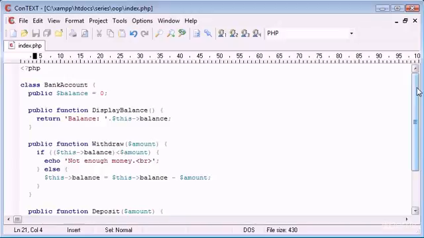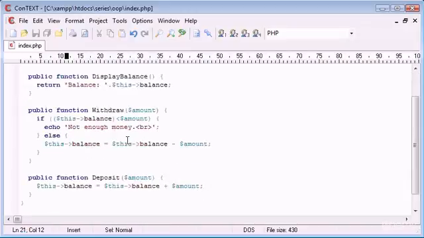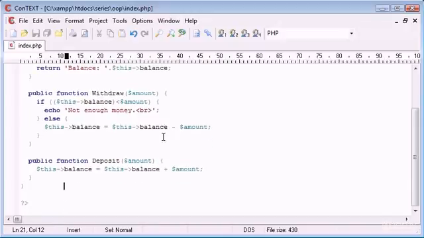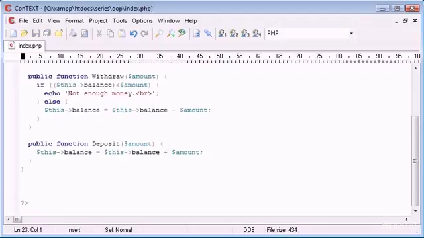And we simply have a class bank account. I'll just walk you through it. We've got a class called bank account. We've got a property called balance, which is by default equal to 0. And we have three different methods. We've got display balance, which simply displays this property. We have a method called withdraw, which withdraws a certain amount of money. And we have a method called deposit, which puts in a certain amount of money, so deposits a certain amount